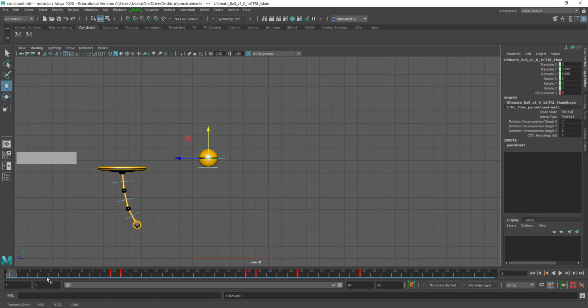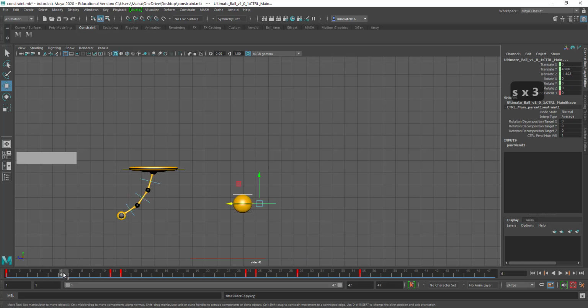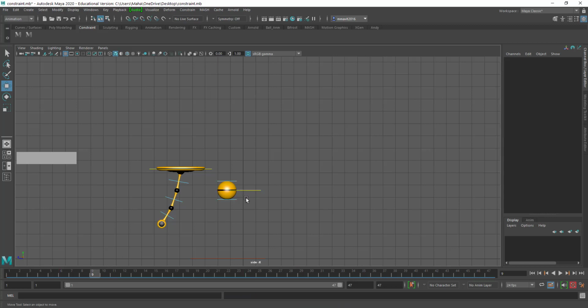The starting place of the ball would be here at frame number 1, and till frame number 7 you can have an anticipation for the jump, which is not a problem at all. I think it's very far, so this is near. This can be copied till frame number 6. Then 9 would be, oh my god,